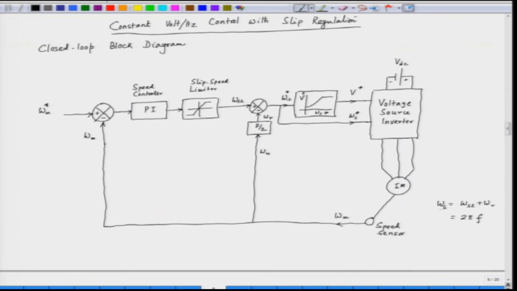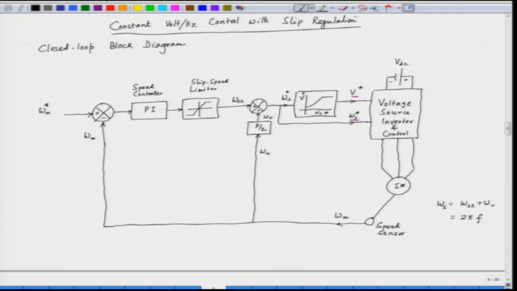So, when we want to change the synchronous speed, that is omega s, we have to change the frequency. So, this information is also the frequency information. The omega s star is also the frequency information. This is the voltage amplitude. So, when we have voltage amplitude and frequency, you can feed this to a voltage source inverter with control. So, the control is also here, and the output will be the 3 phase voltages, which are fed to the stator of the induction motor. So, this is a constant volt by Hertz control